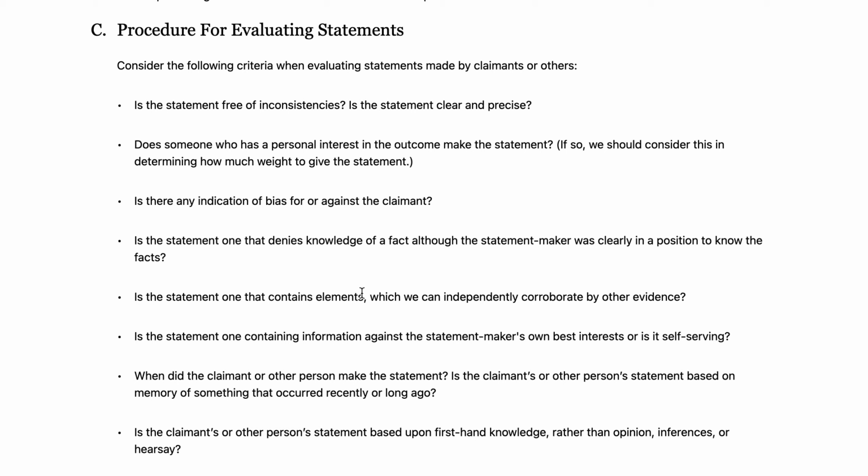Does the statement have parts of it that the Social Security Administration can then independently corroborate with other information? Maybe by looking at earnings history, maybe by talking to a different person. Is the statement one where it's got information that is either self-serving or is against the statement maker's own best interests? Is there firsthand information as opposed to opinions, references? So all of these kind of criteria really should help inform